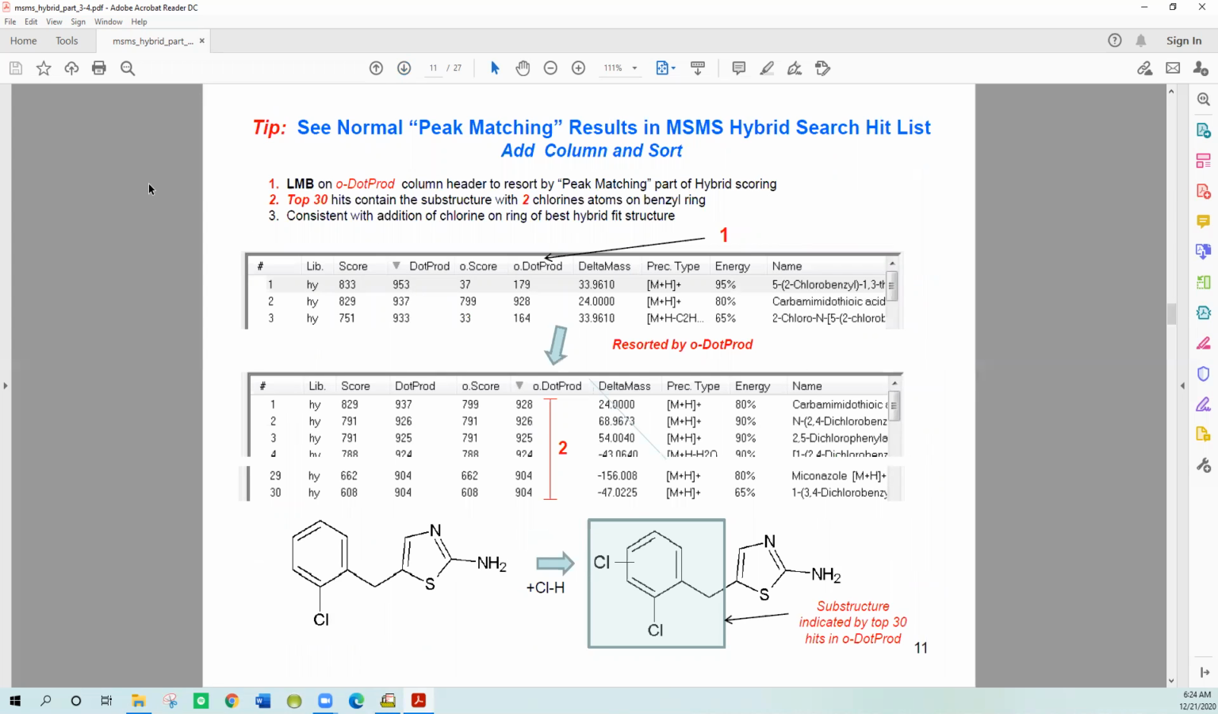So essentially what you have to do to put this together, I'll just reinforce what we talked about in the display. You can always resort by the ODOT product. Remember, the ODOT product is really the original match just based on the fragmentation pattern. If you just look at the fragments in the spectrum like you normally do, what would be the fit? And when you do that, it'll resort that with the highest number. And you'll find that the top 30 hits, when I was searching over in my whole database,